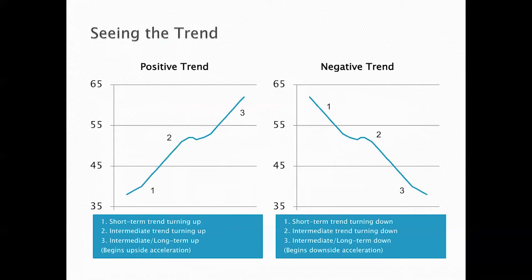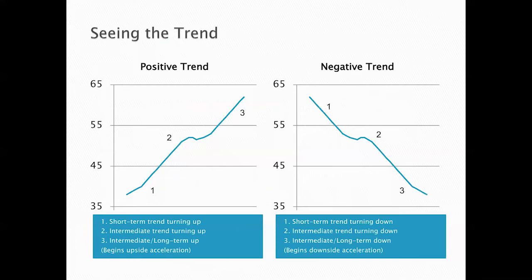If you looked at that RSI, this could be the 9-period moving average of RSI. It turned up, it went above 45, it went above 50. When it broke in that 55 range, then you can see the short terms turned up, the intermediates turned up, and the intermediate to long term is turned up when that 9 moving average goes above 60. So that's where I said I combined the moving averages of RSI with the range rules.